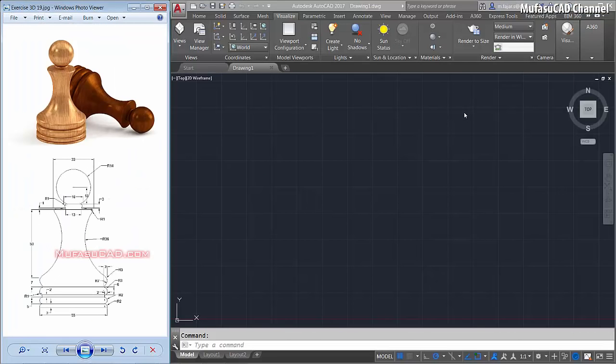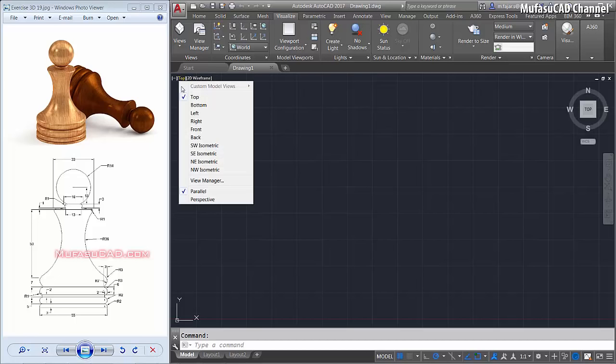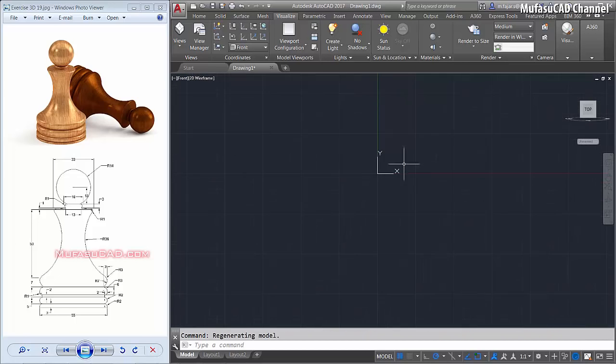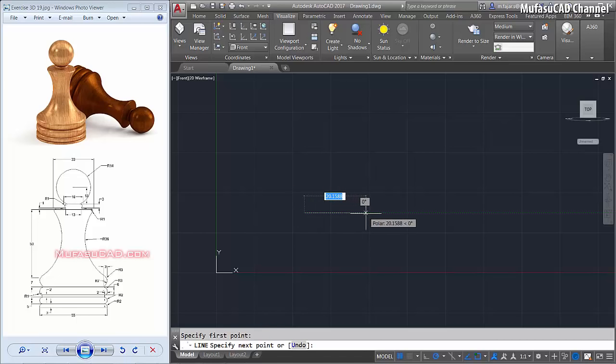In this tutorial I will create a chess set, and first I will create a pawn. You can see the image here, and you can get this reference image from our site mufasucat.com. Okay, we start now. Open your AutoCAD software and I will change the view into front view. Click here, front, and we create a line from this point to the right here about